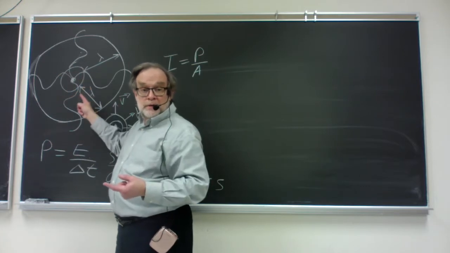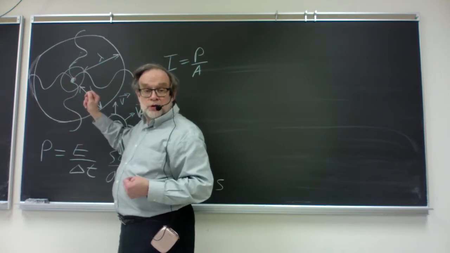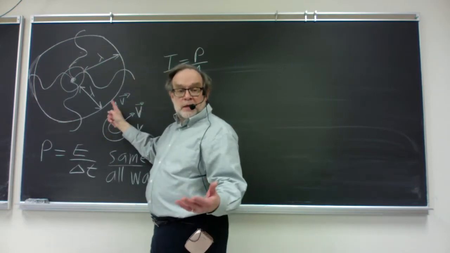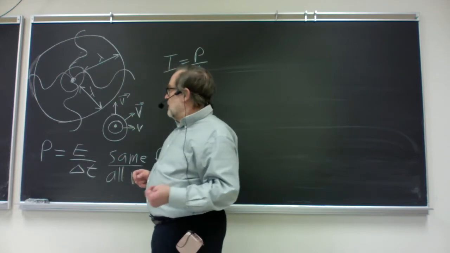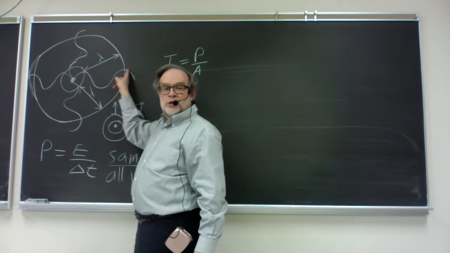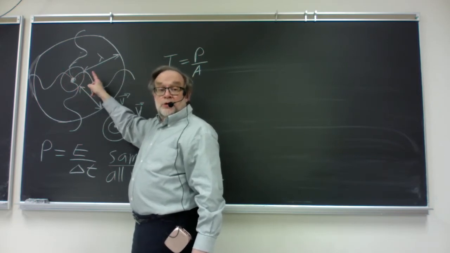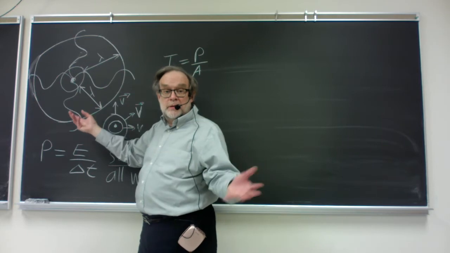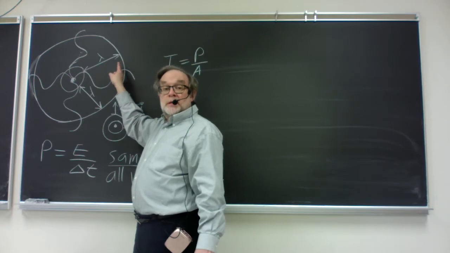All points on this sphere are at the first location with higher than usual air pressure, and all points on this bigger sphere are at the second place with higher than usual air pressure. And of course, if this is one region of higher than usual pressure and this is the next region of higher than usual pressure, you must have gone through one wavelength in order to get from here to the next state that is identical. That's what wavelength means, the distance from one state to the next one that is identical.